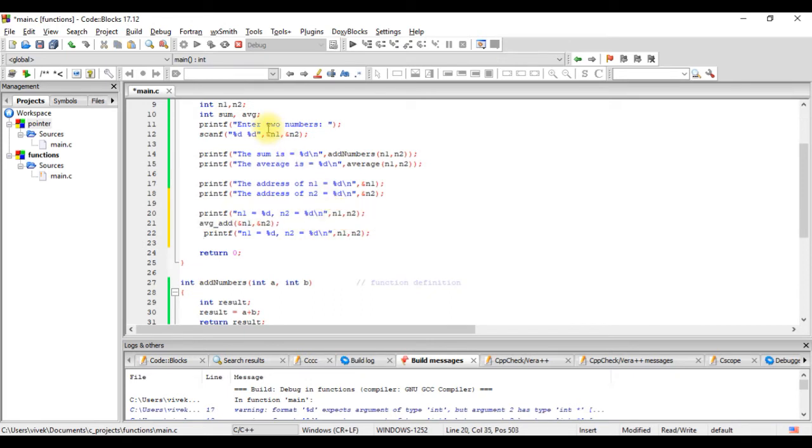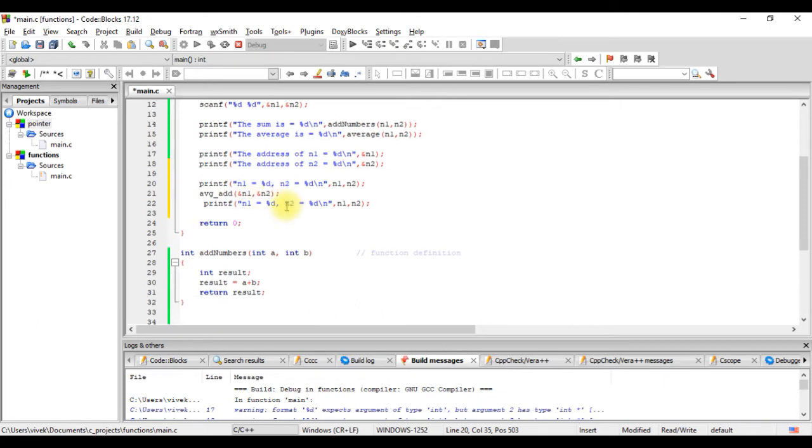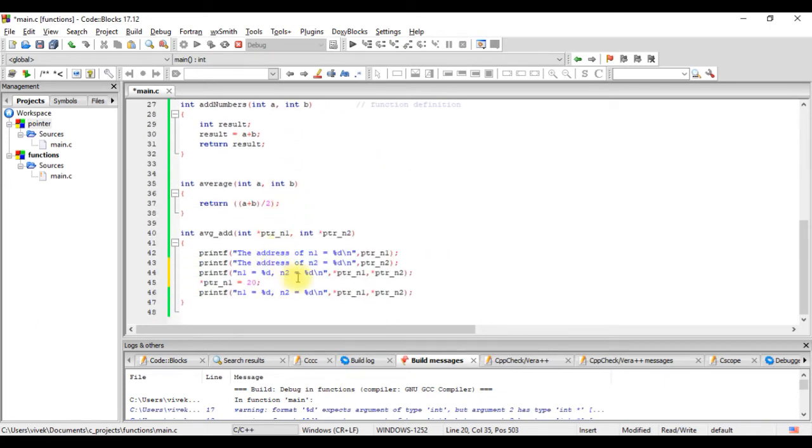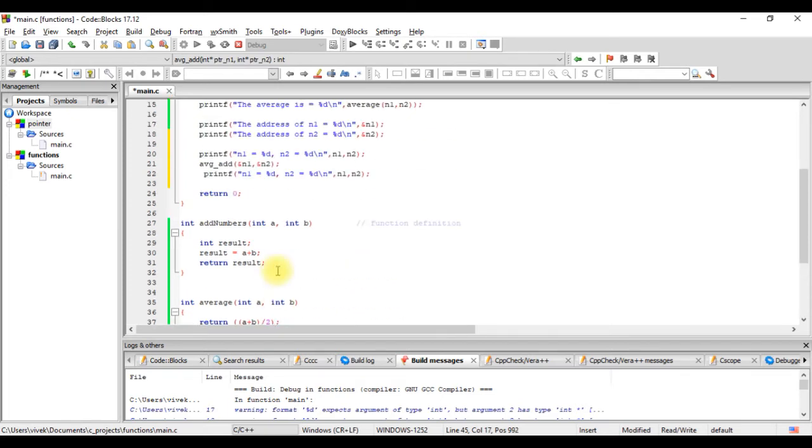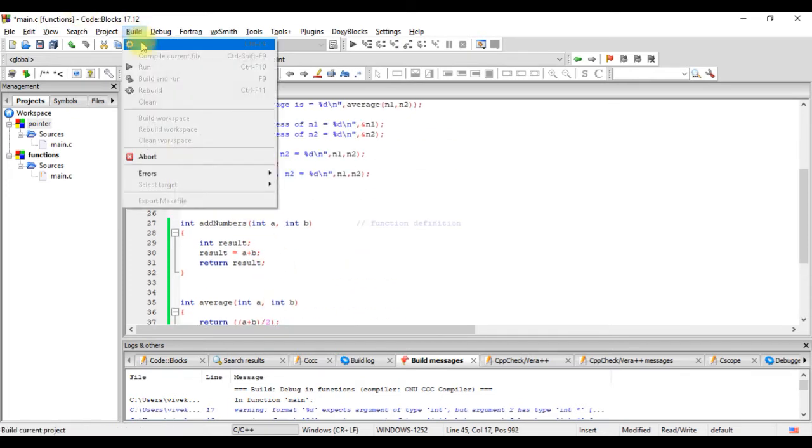These values should show us the values that we have entered. Then we are calling this function where we are passing the address of n1 and n2. Here we take the address of n1 and n2 and we print the values. Then we take the address of n1 and in that particular location we change the value to 20, and then we check the values again. Let's run it and see.